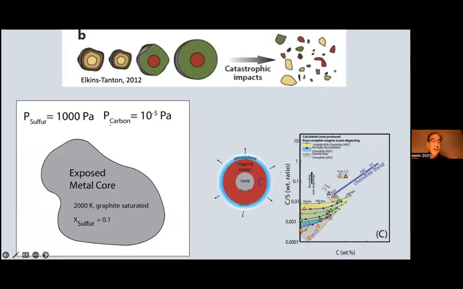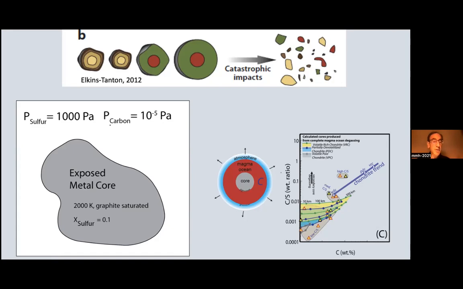This is a record of silicate degassing. The reason that I say that is if we simply imagined that we had a molten iron core sitting in space, we would find that sulfur was highly volatile, and we would find that carbon was not volatile at all, because carbon, in the absence of oxygen or hydrogen, has very low vapor pressure. Take an exposed piece of metal, the metallurgists care about this in a foundry, we would find that the partial pressure of sulfur would be 8 orders of magnitude higher than carbon. Such bodies would lose all of their sulfur and none of their carbon.